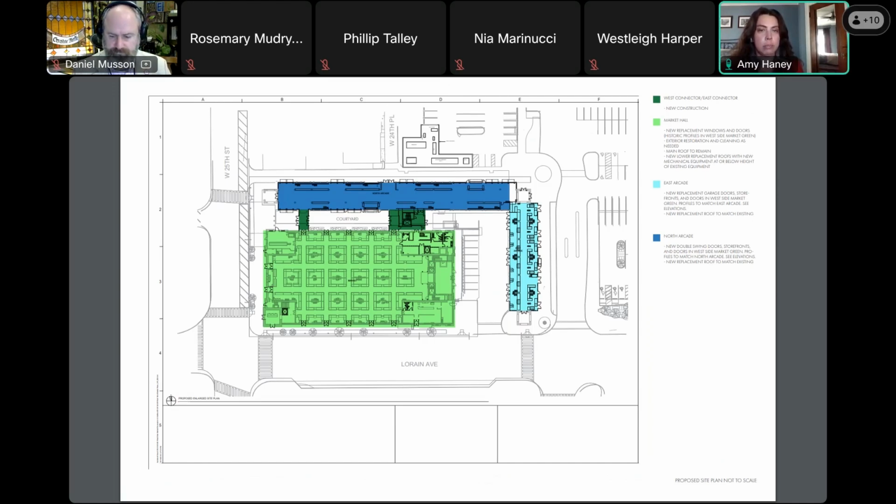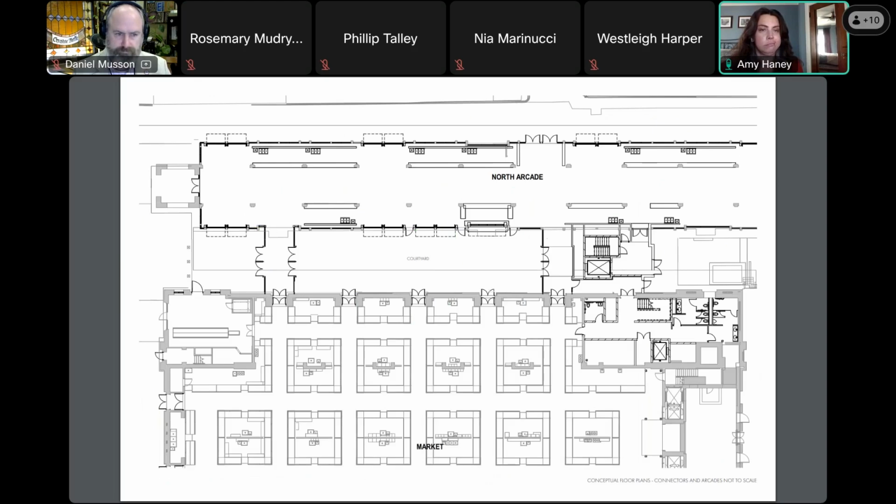Go to the next page. This is a closer look at the layout of where the connector pieces will be. You can see the East Arcade has just a set of swing doors that get you into this new courtyard that is created in between the two connectors. The North Arcade is starting to show where those vendor stalls are located and where seating will be.